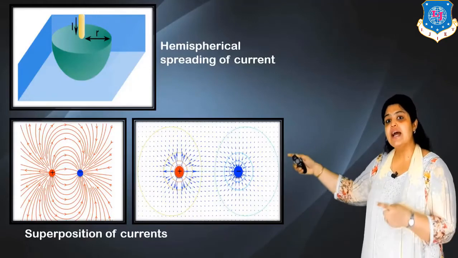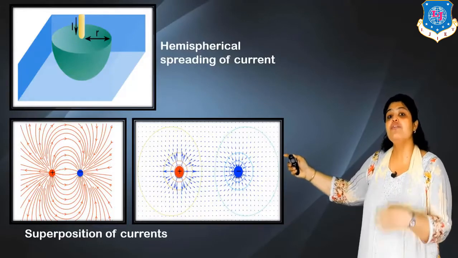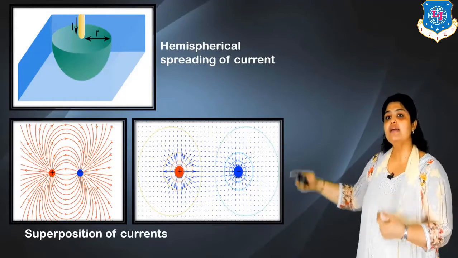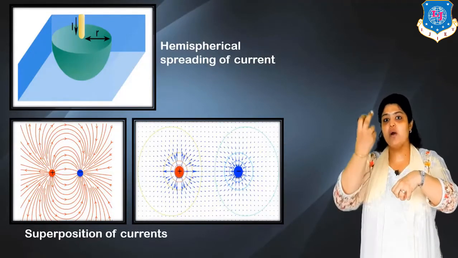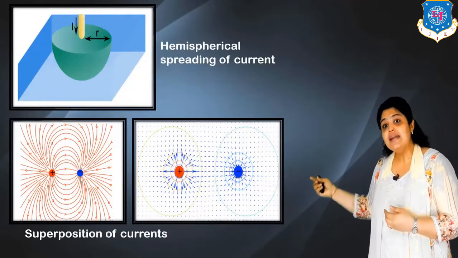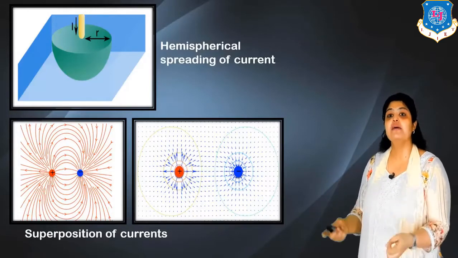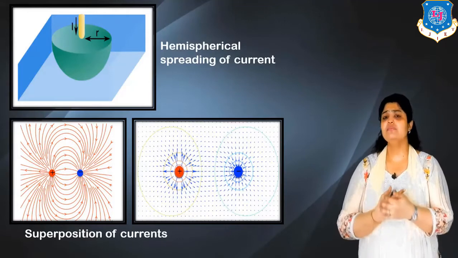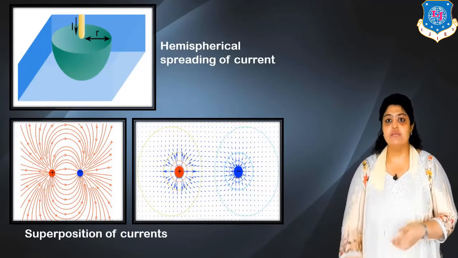current. The red colored dot in the first diagram indicates current being input, so we denote it by positive charge, and current as output is denoted by the blue colored circle which indicates negative charge. So input indicates positive and output indicates negative. The second diagram shows how these electric fields of the currents add up, and this is what we call superposition of currents. Now these three diagrams are very important to start with the derivation. So now let's move ahead and start with the derivation.